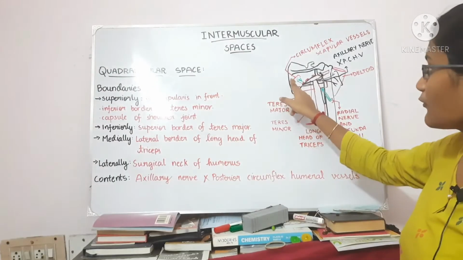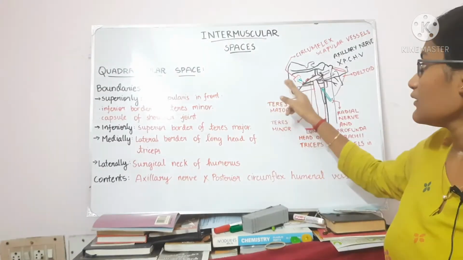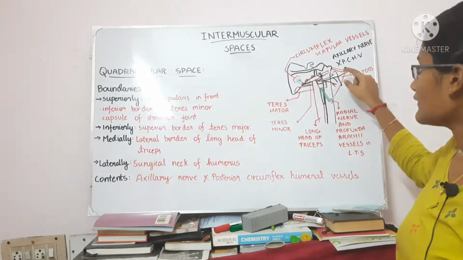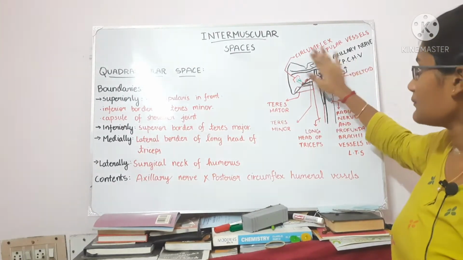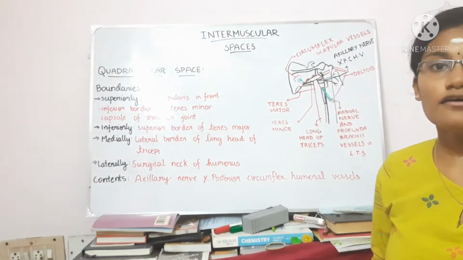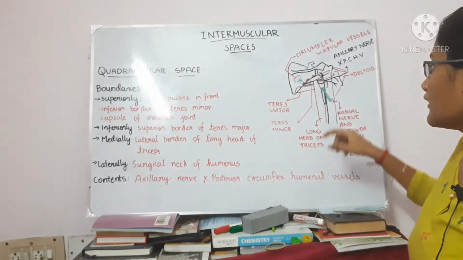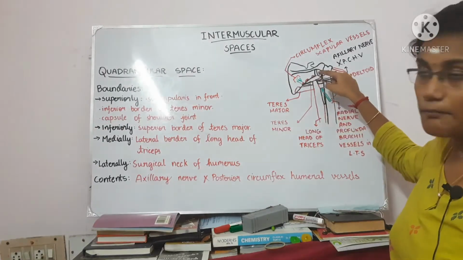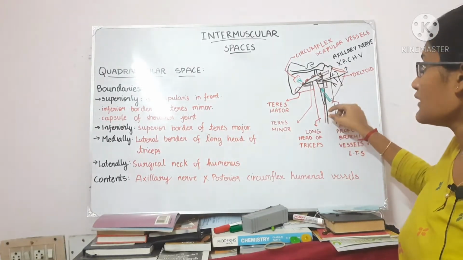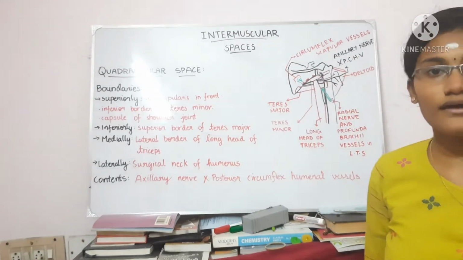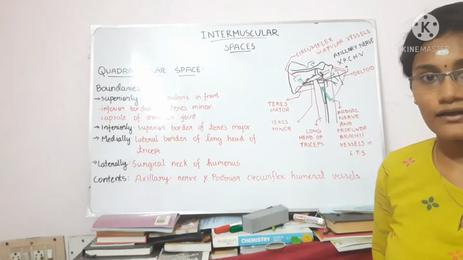So this is the posterior aspect of the scapula. You can identify that using the spinous process present, and this is the humerus, and the joint between the scapula and the humerus is called the glenohumeral joint or the shoulder joint. Now this muscle is the long head of triceps. As you can see, it is spanning over the whole length of the arm. It is originating from the supraglenoid tubercle and it inserts into the olecranon process of the ulna.